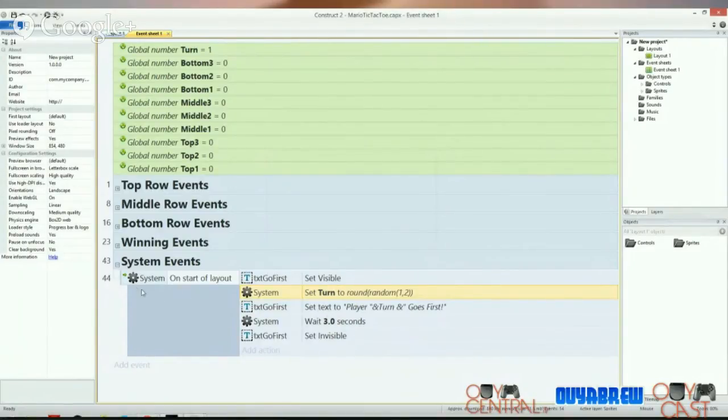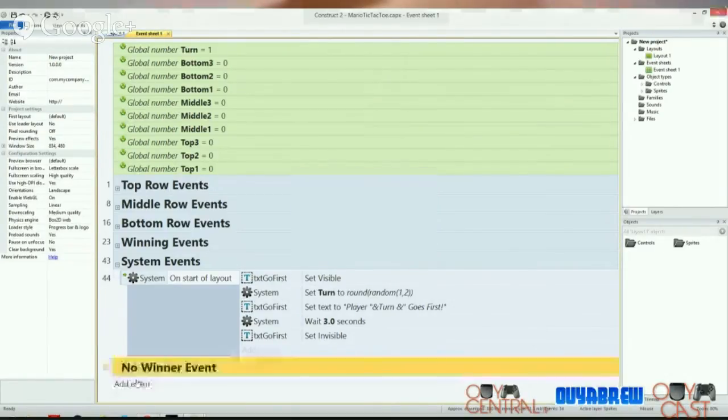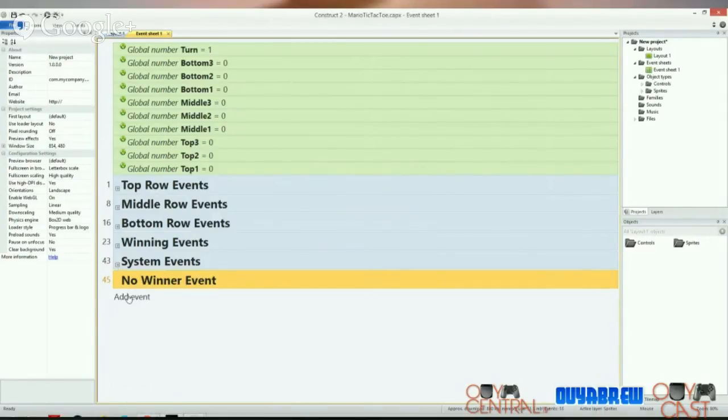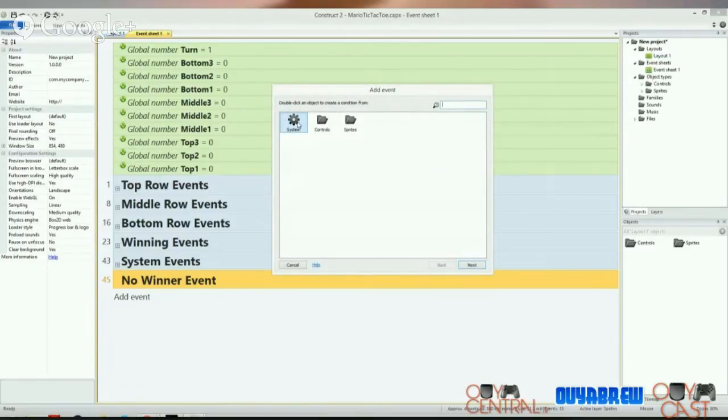Okay, so let's make one more losing event. So let's go ahead and add a group, and we'll just call it whatever, losing or no-win event or whatever. And let me just catch up with you here. All right. We're going to go ahead and add an event. And it's going to be, let's see how we're going to have to do this. We can probably do it by saying,